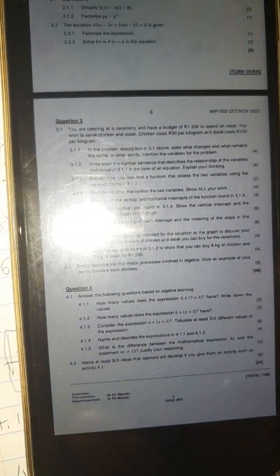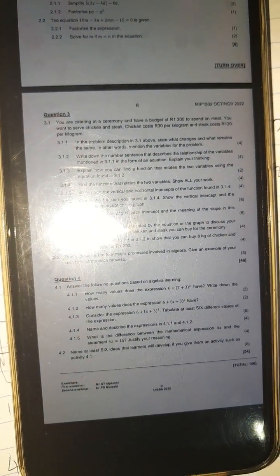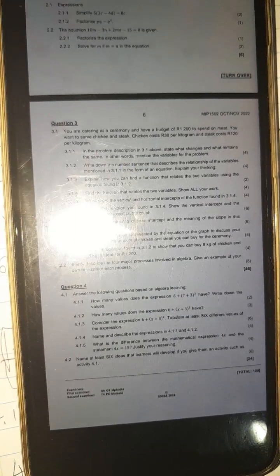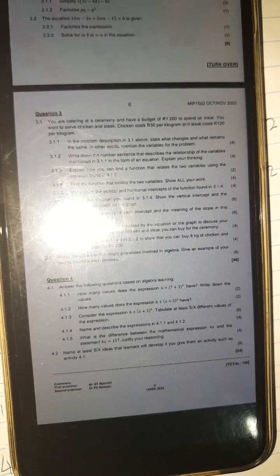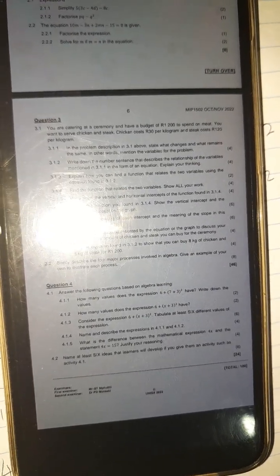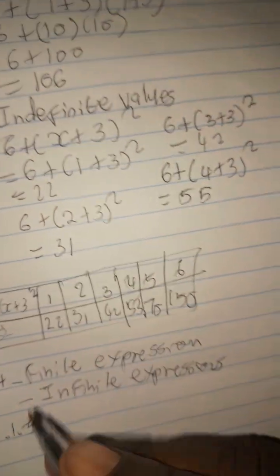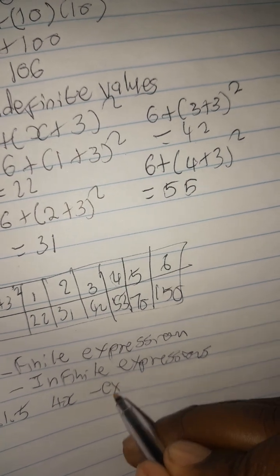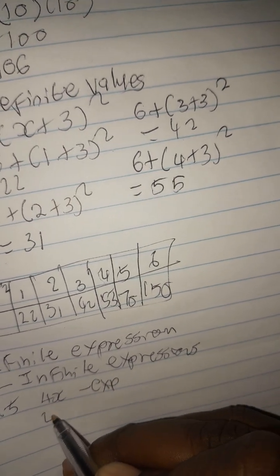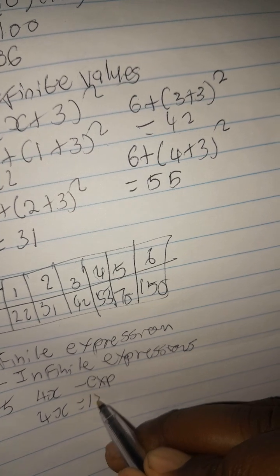Okay. So let's go to 4.1.5. For 4.1.5, what is the difference between a mathematical expression and the expression 4x? The difference is that 4x is an expression. Then 4x equals 15